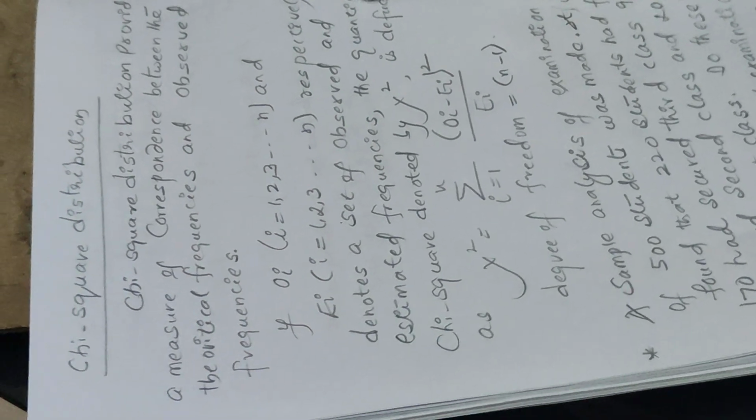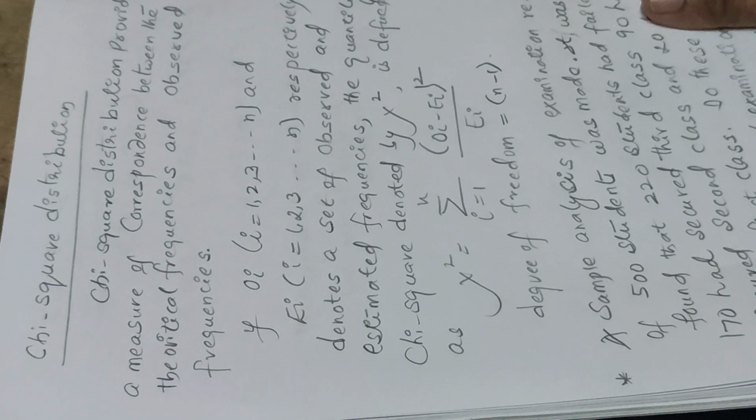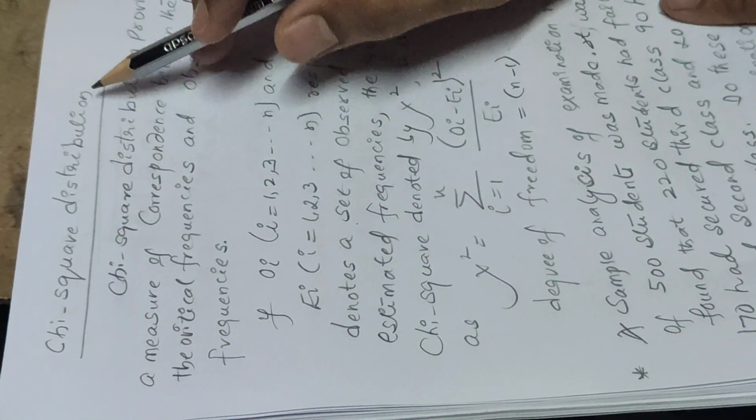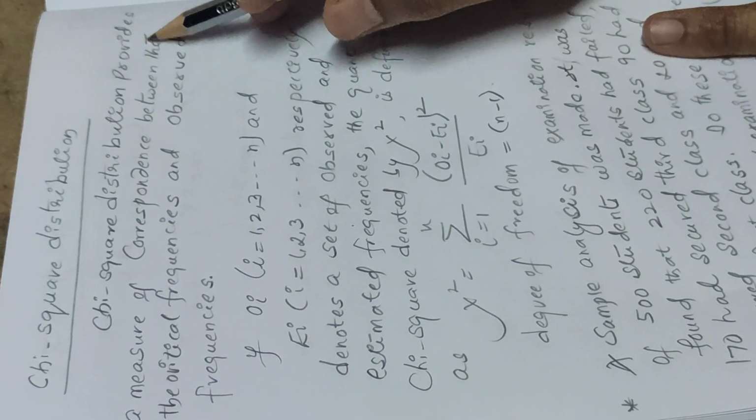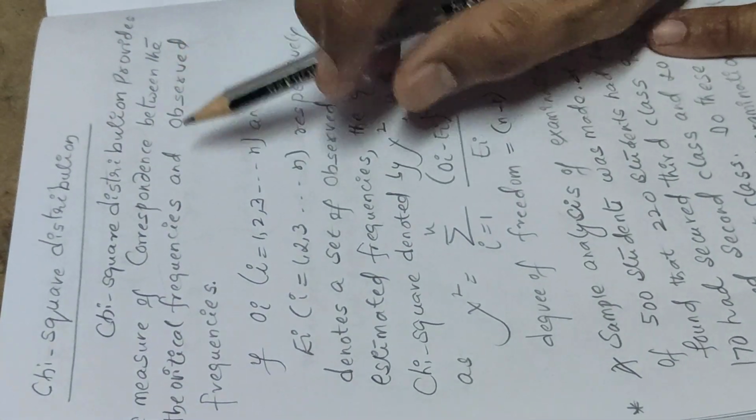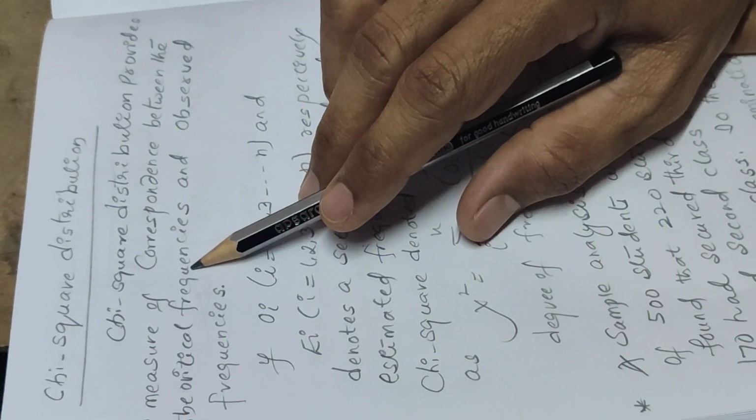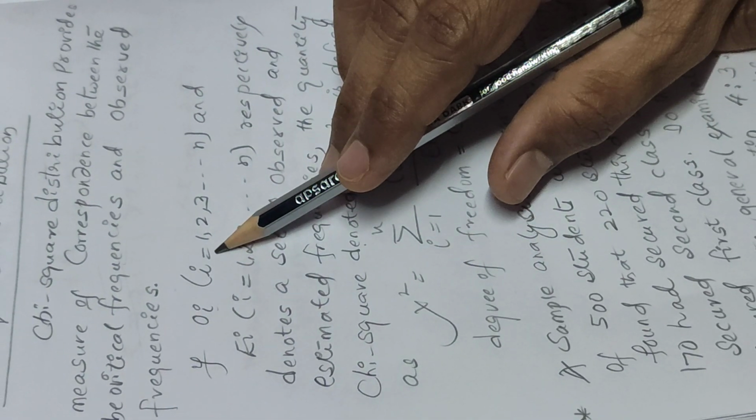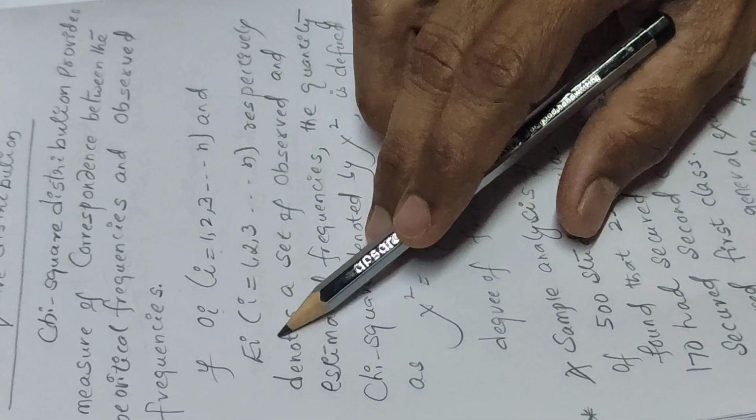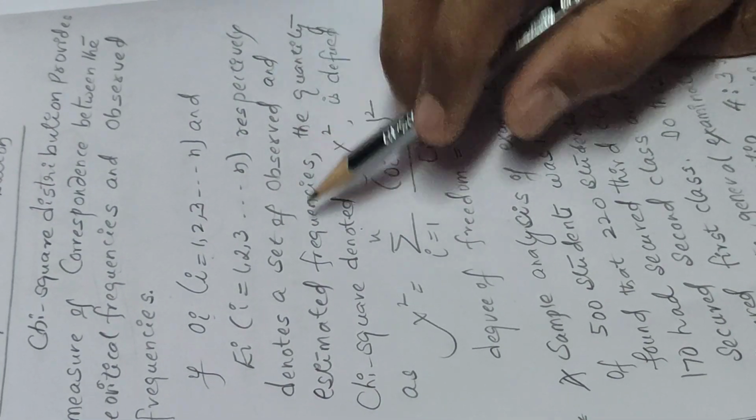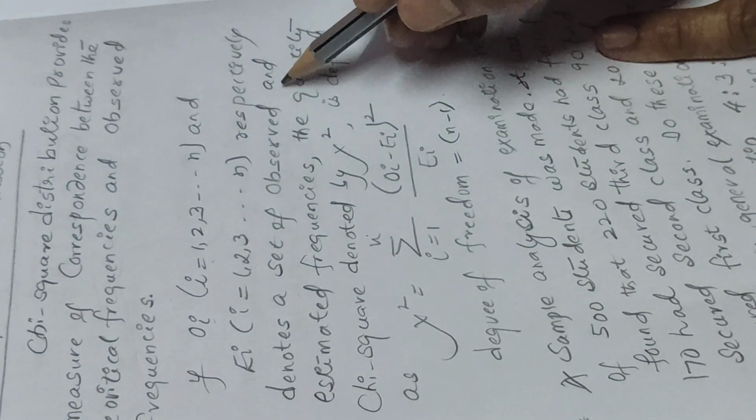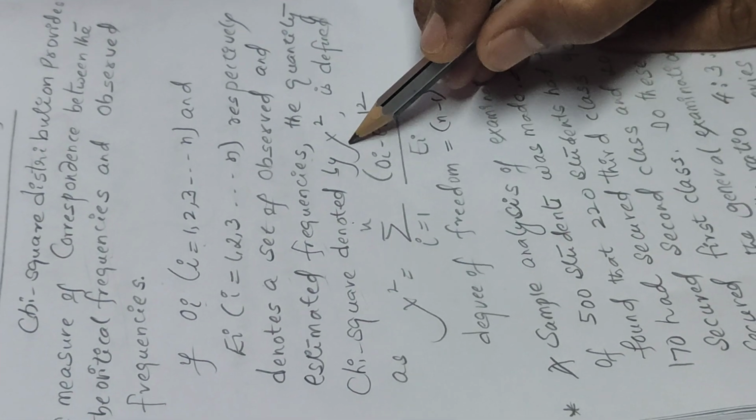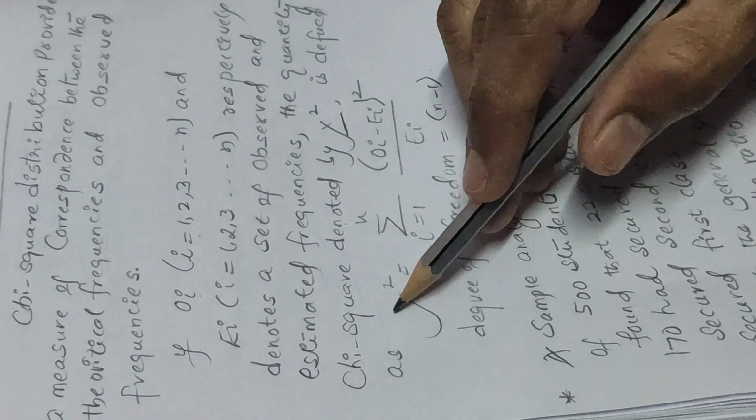Hi students, today we will discuss one more topic on sampling theory, that is Chisquare distribution test. Chisquare distribution will provide a measure of correspondence between the theoretical frequencies and observed frequencies. If y_i and e_i, where i goes from 1 to n, denote the set of observed and estimated frequencies, the quantity denoted by Chisquare is defined as